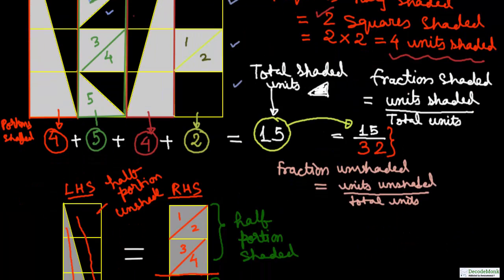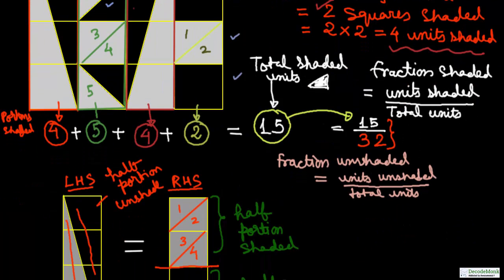So let me have a space first. So total unshaded units will be equal to total number of units minus total number of shaded units. So total shaded units is equal to 15. So 32 minus 15 divided by total units, which is again 32. So I hope you get this point. This is the total units, and this is the total shaded units. The total unshaded is equal to total units